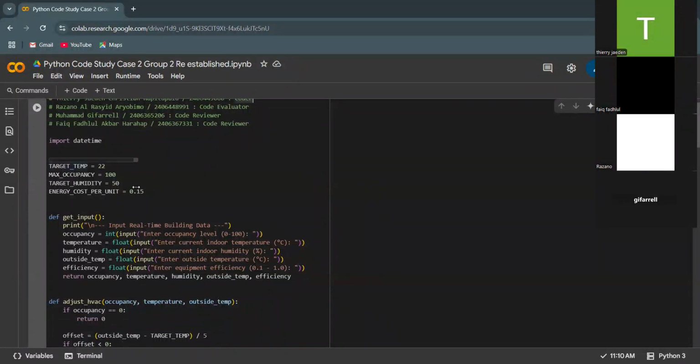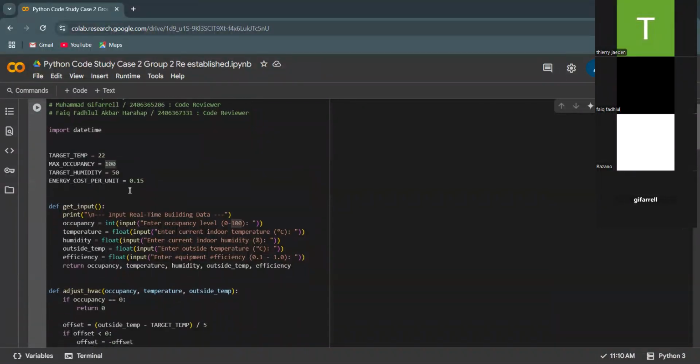For example, our goal is to keep the room around 22 temperature. Max occupancy is 100. Target humidity is 50%. The target humidity level set at 50% ensures a comfortable and healthy environment. Energy cost per unit is 0.15.